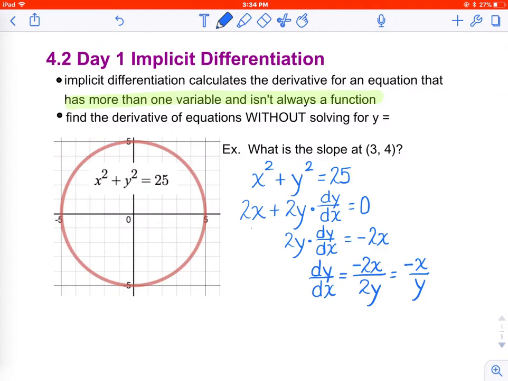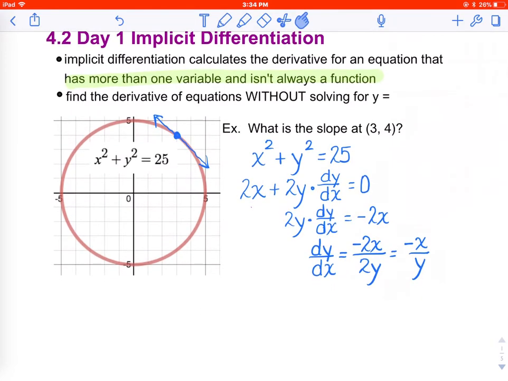Now that I have the derivative, I can go applying that to see what the slope at the ordered pair 3, 4 on this circle is, and when I look at the ordered pair 3, 4 on this graph, looks like my derivative needs to be negative, and again, maybe negative 1-ish, a little hard to read off the graph accurately. So we're not going to try to read it off the graph. We're going to apply the derivative and find that slope. So then the slope